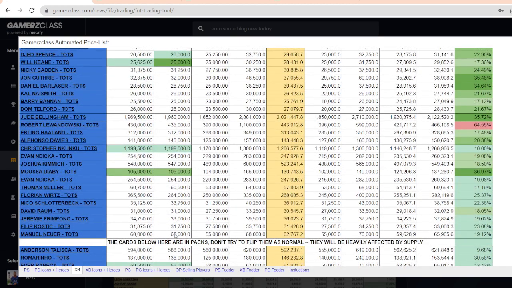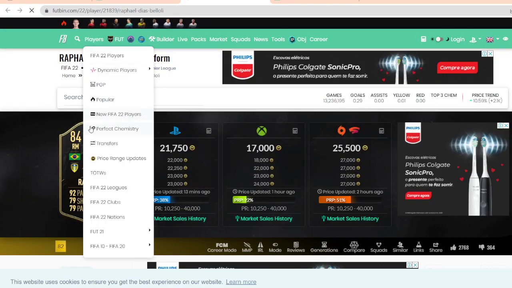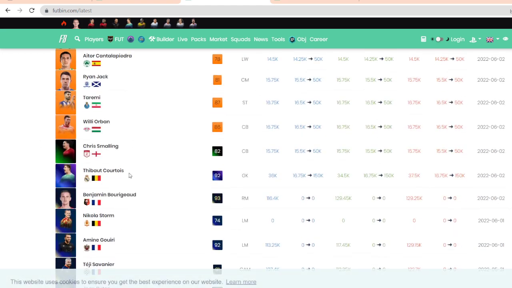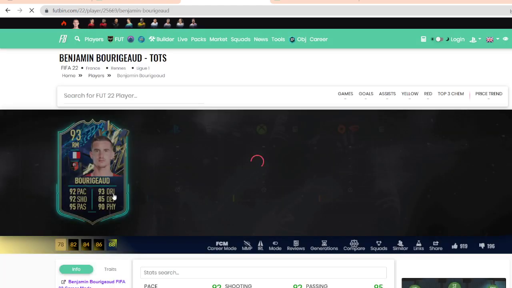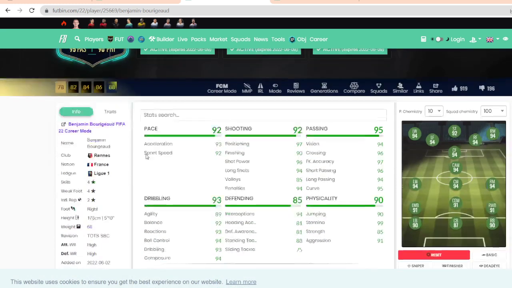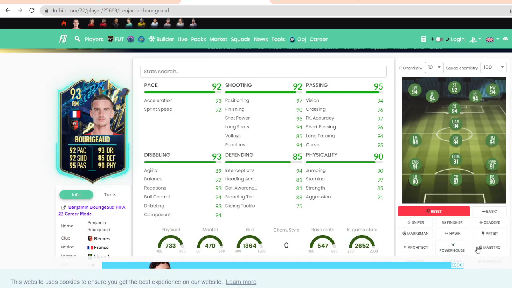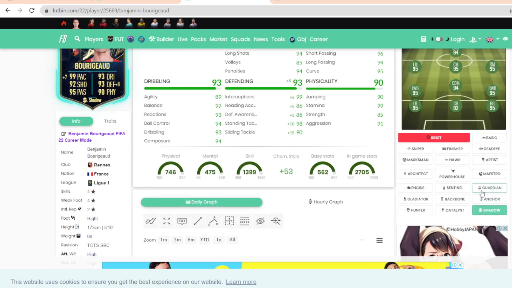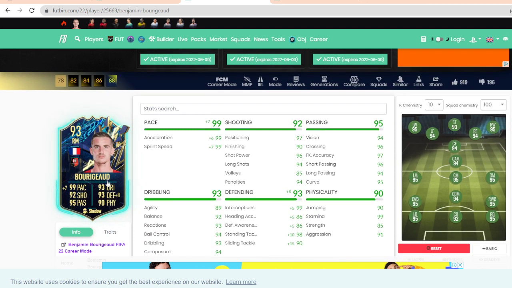Here's another interesting one to think about. DRB is very low for its average. Why? We just got Beauregard, probably pronounced his name wrong. Let's have a look here. The League One right mid as an SBC. Yep. And if you look here, pretty good stats to be honest. You stick an engine on him or shadow. If you want him on the wing, stick an engine. If you want him in midfield, stick a shadow. He can literally play anywhere on the pitch. And he has that strong link to the League One players that everyone's packing and trying to use this week. So